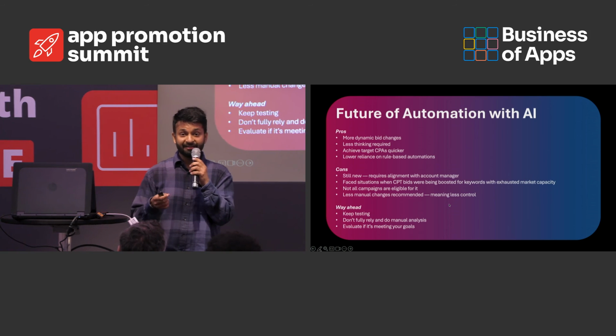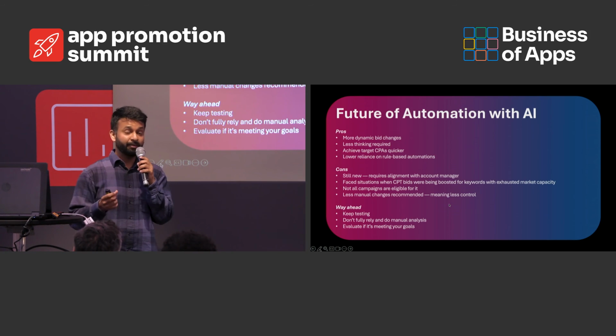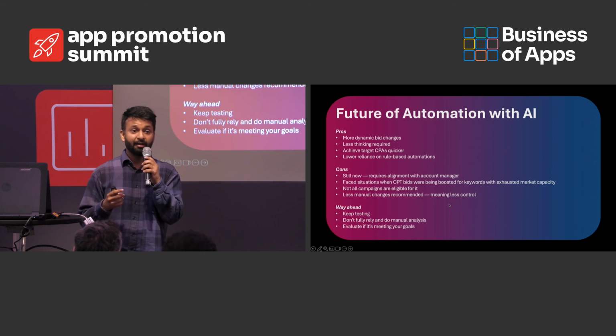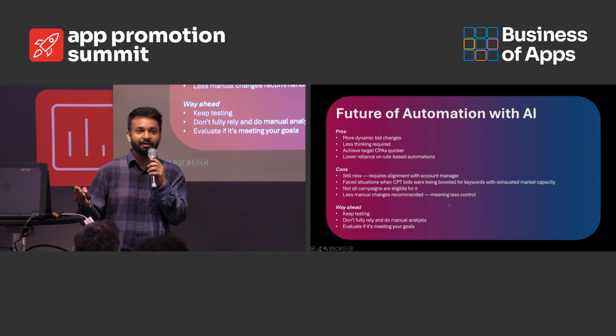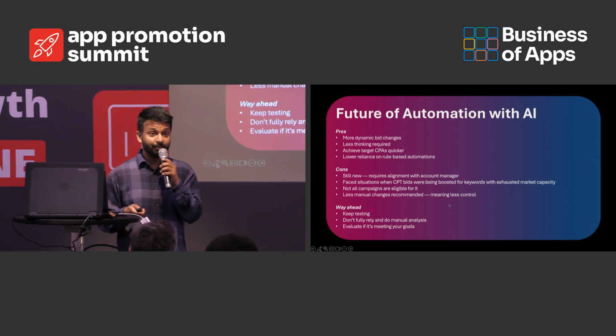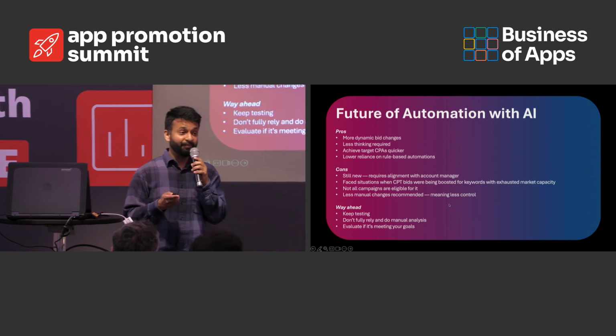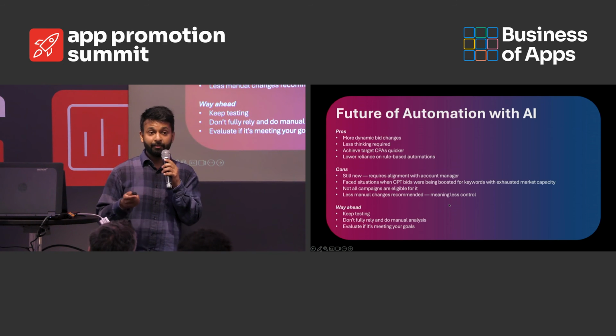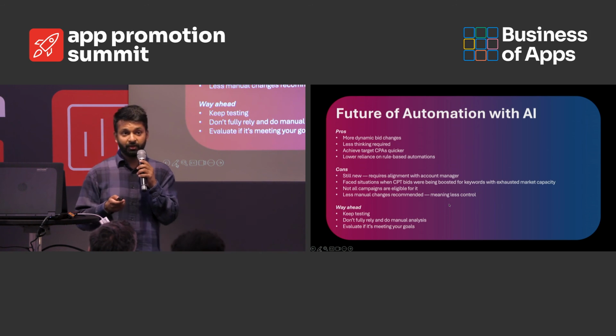If you're setting a target CPA level, for example, a target of $20, then you should check if these automation rules are helping you achieve a $20 CPA, and how long it is taking to do that, because that's the whole purpose of setting them up. So these are some considerations that you can think of before implementing AI-powered automations to your Apple Search Ads